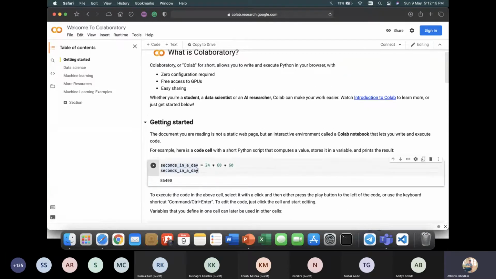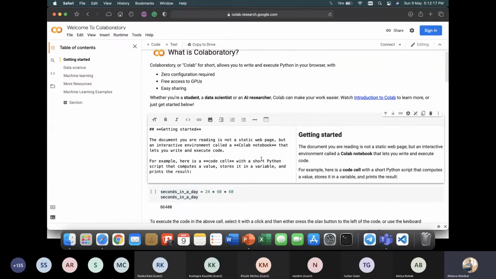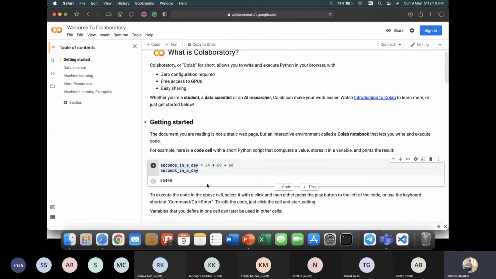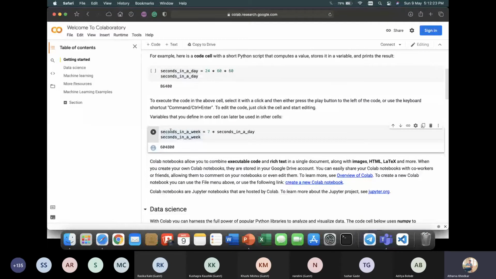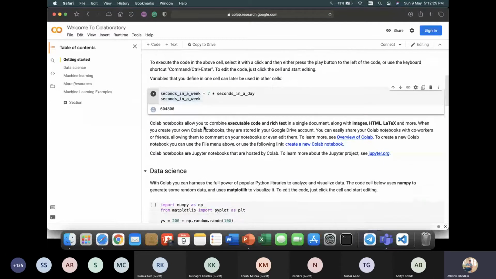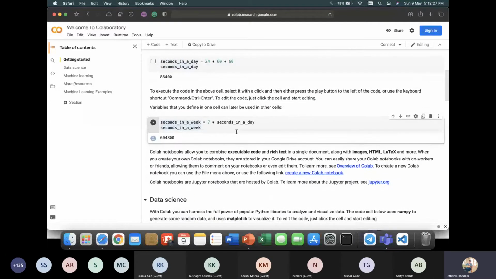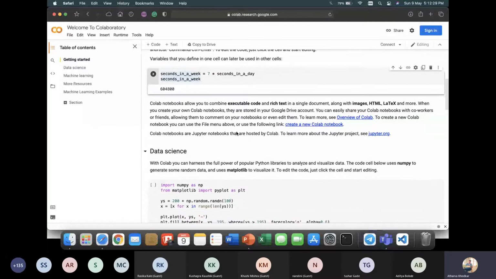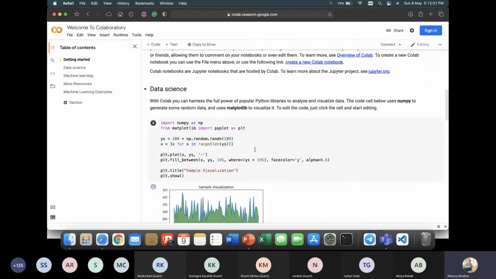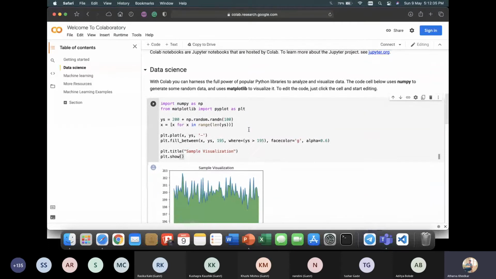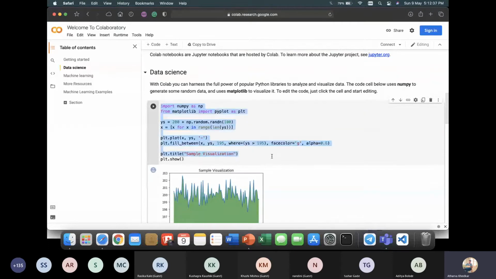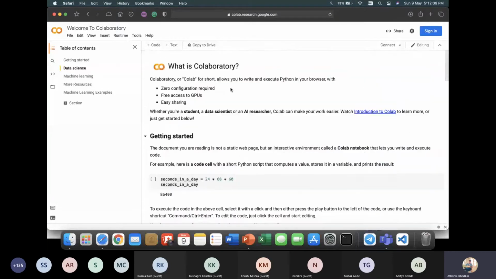You can also give supporting text, which is in Markdown language. You can run the scripts cell by cell, so you don't have to write a whole script and then mess up your head debugging which line went wrong. That's how these platforms work.